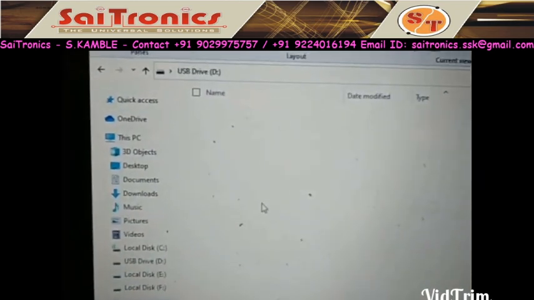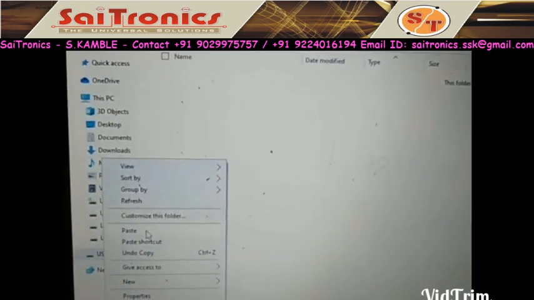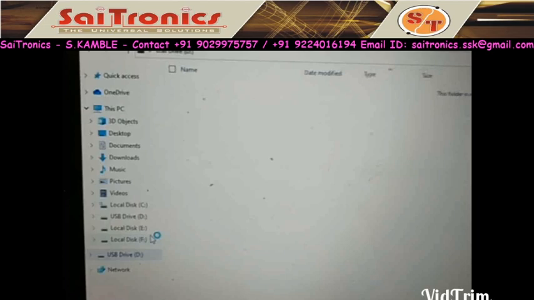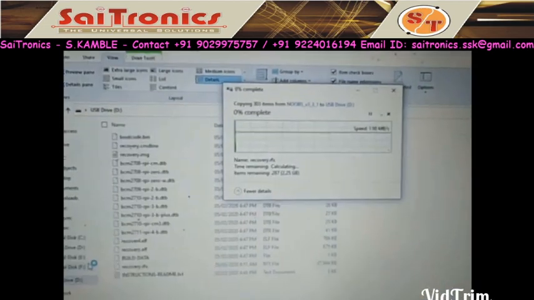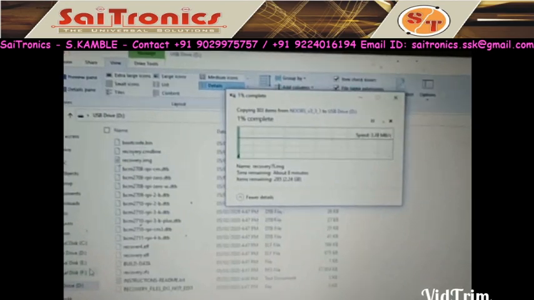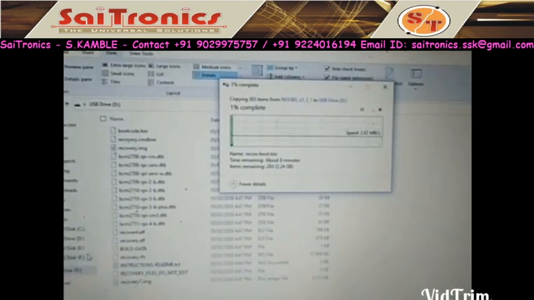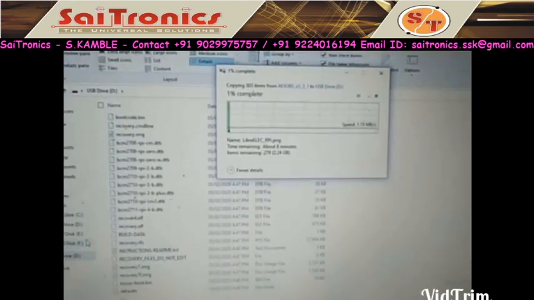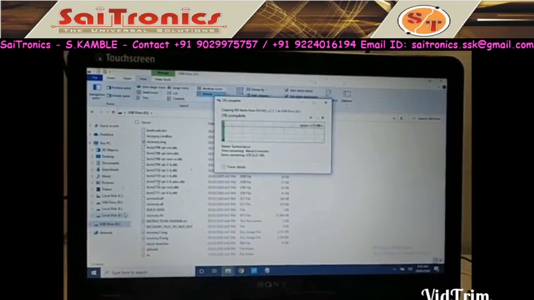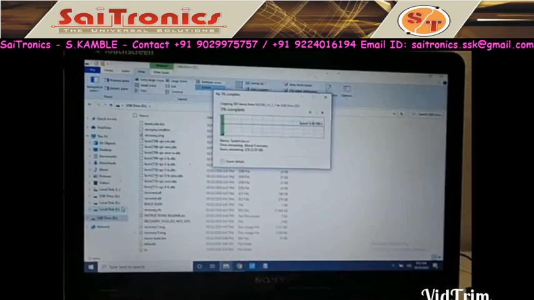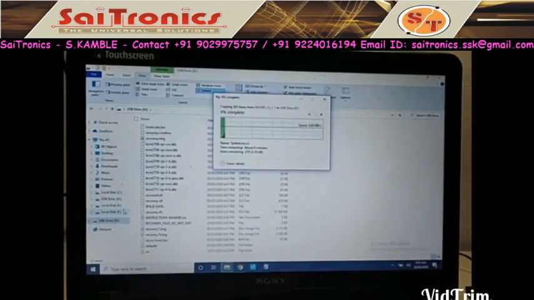In memory card, paste all these files. This is our first step to load the OS related files in memory card. We are not installing the OS, we are just copying the files related to OS into memory card.